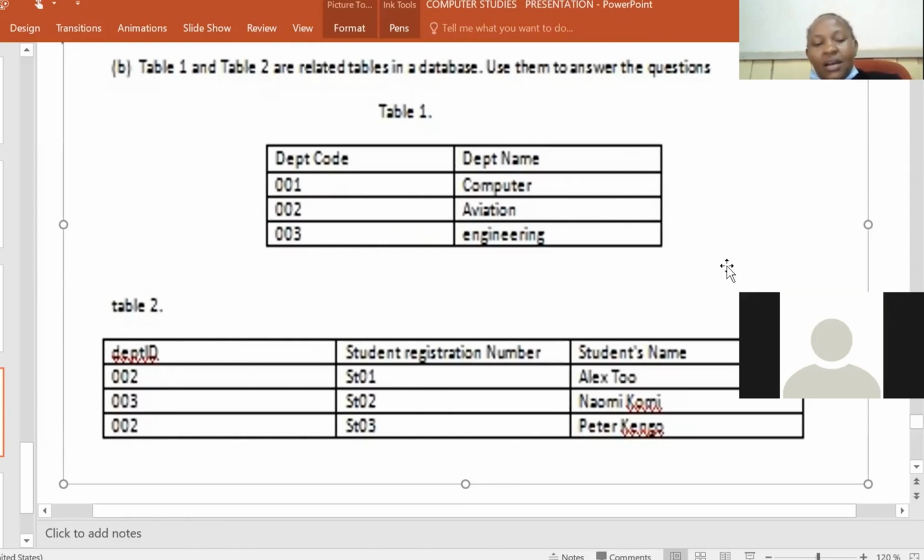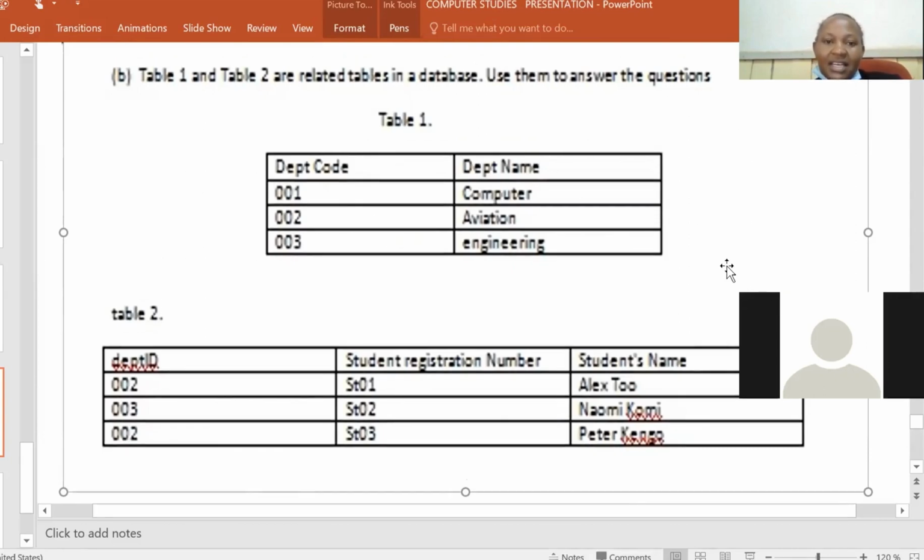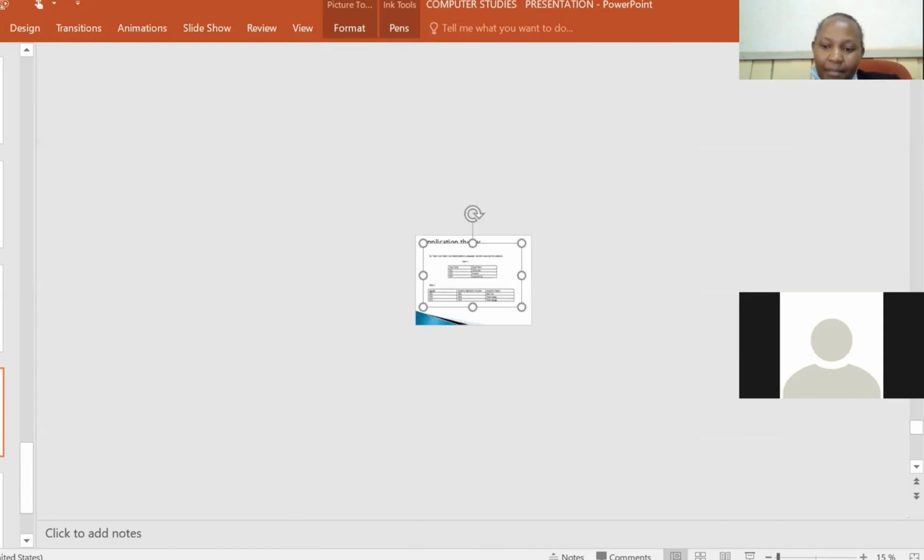Like there's table 1, whereby we have the department code and we have the department name. Then there's table 2, whereby we have the department ID, student's registration number, and student name. In such a case, whereby the questions are like,